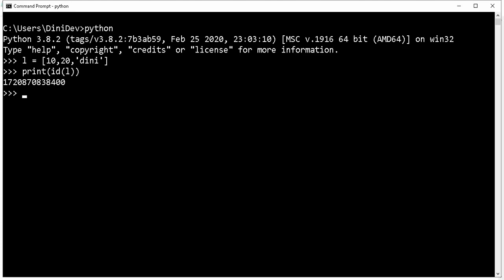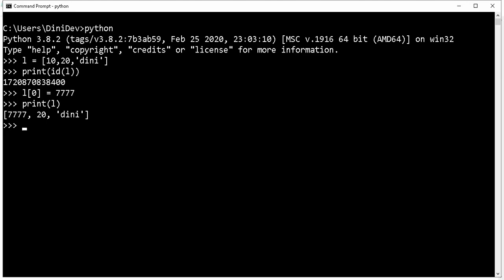It is showing an object address. If I try to change L of 0 equal to 7777 and then print L, it is changed, right?